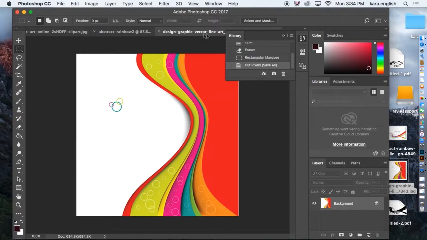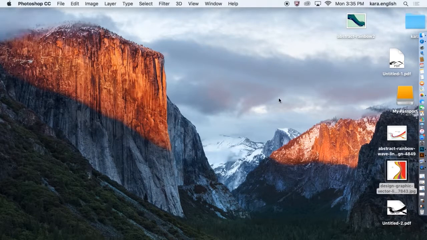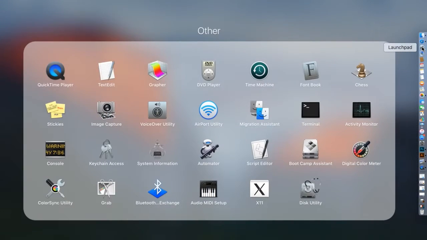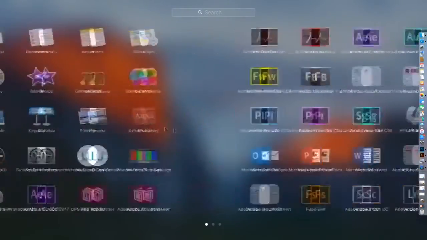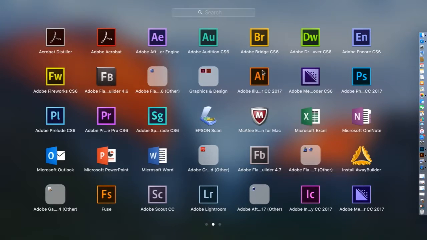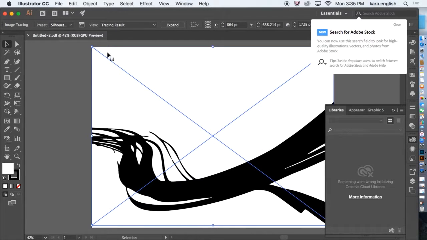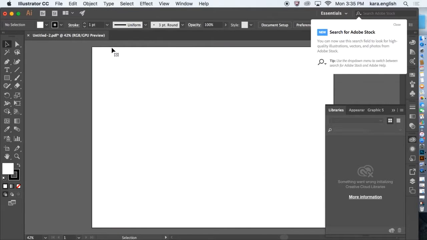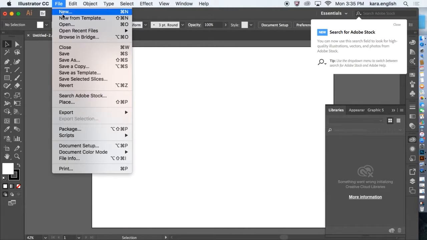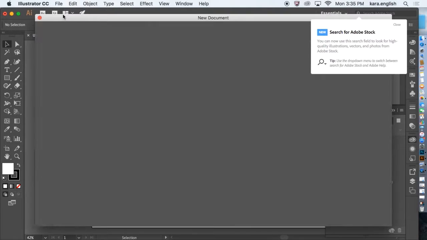Alright, at this point I'm going to leave it there in Photoshop and minimize Photoshop and come over to the launch pad and look for Illustrator and open up Illustrator. Alright, there's the one that I made earlier. I'm going to start with a new Illustrator document,